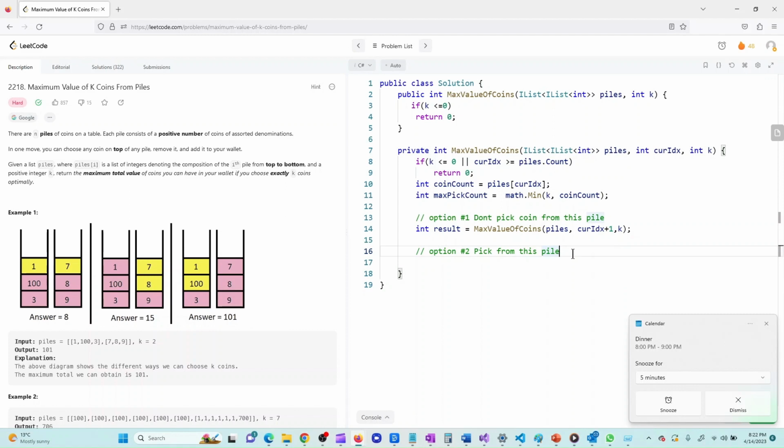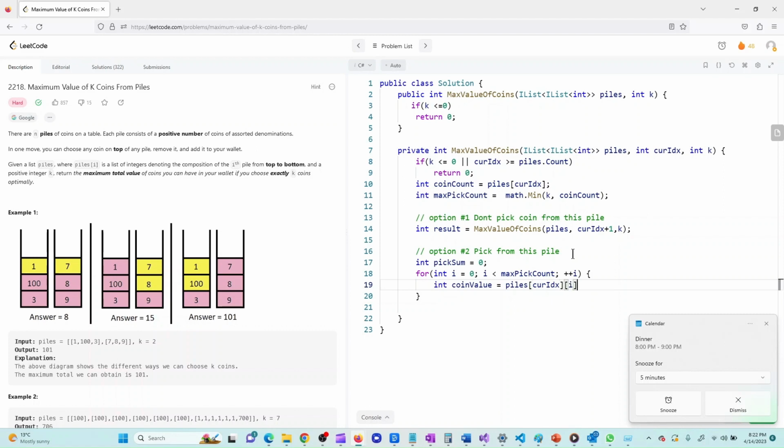That means that after picking, I have pick sum equal to 0, and for integer i equal to 0, how many coins can I pick from here, which is max pick count of i, right? And what is the value of the coin? Integer coin value is equal to piles of current idx